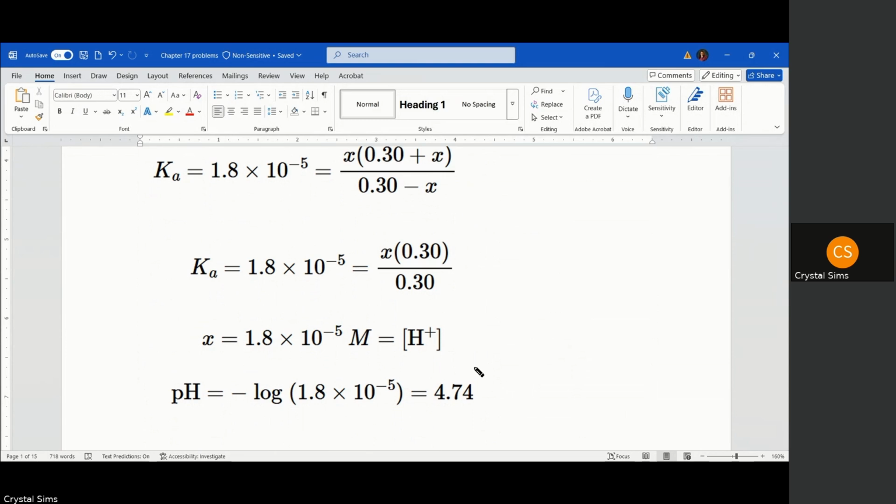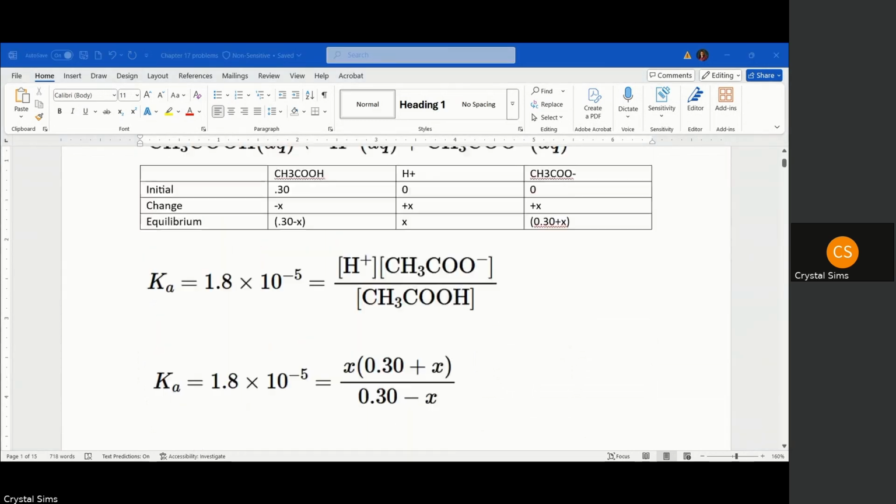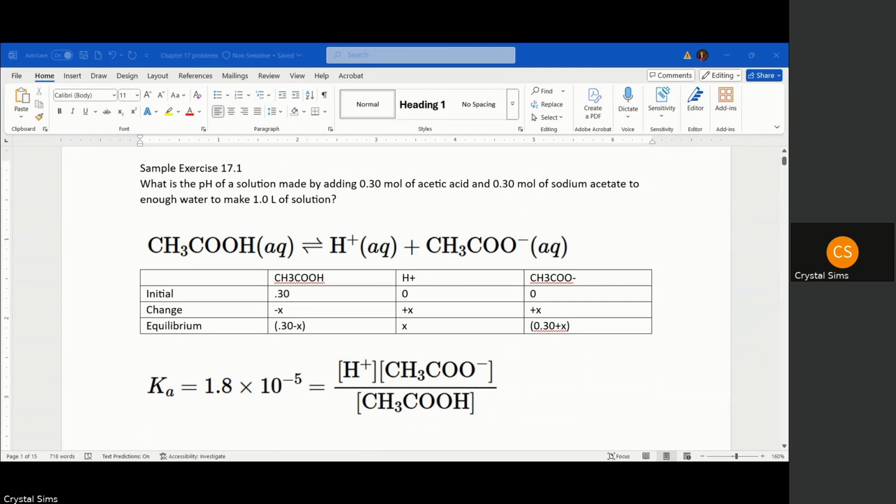If so, you're going to have to determine what equilibrium expression we're going to use based on strong electrolyte, weak electrolyte. If there's an ion that's not going to participate, like in this case, the sodium ion, then just pay attention to your equilibrium for the common ion, in this case, acetate. All right, so that was exercise